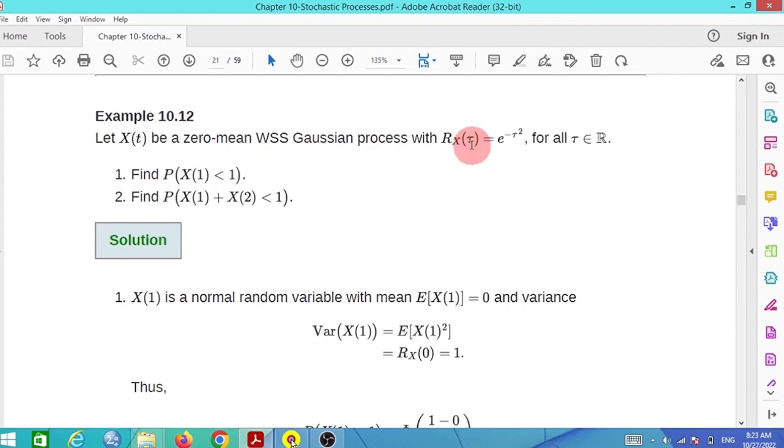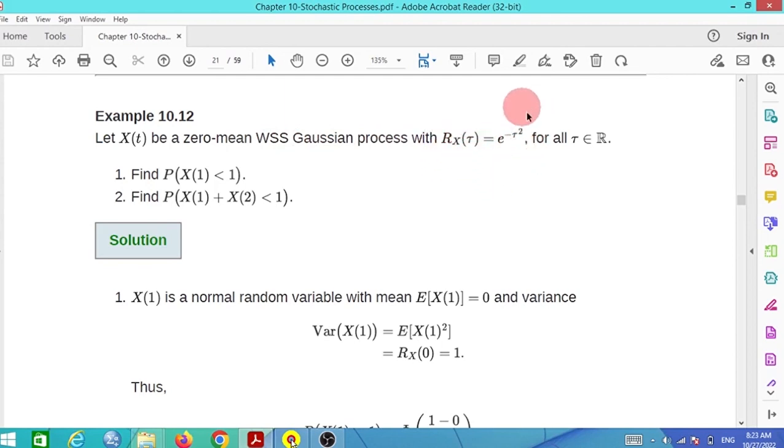So X(t) is a wide sense or weak sense stationary Gaussian process